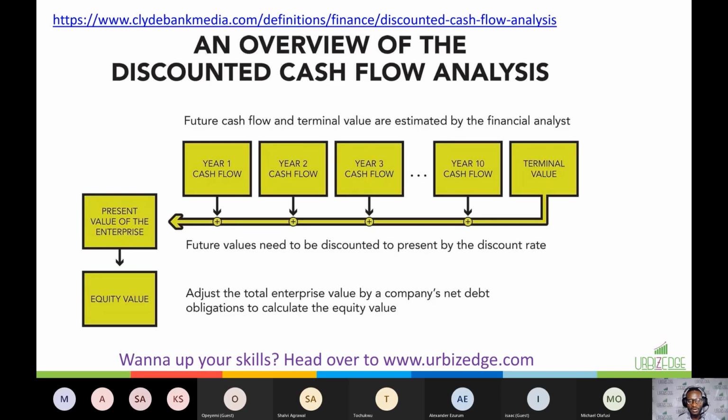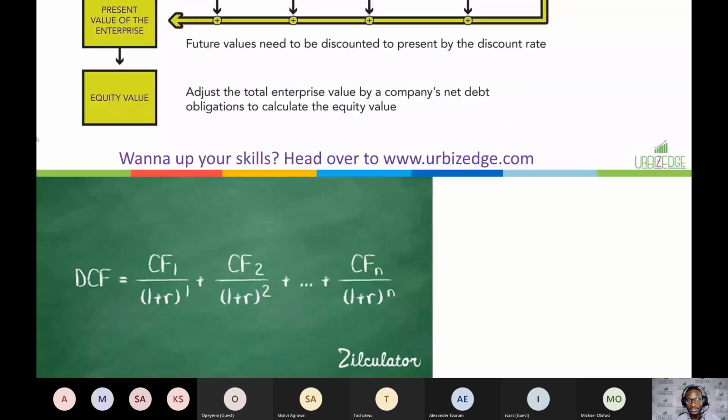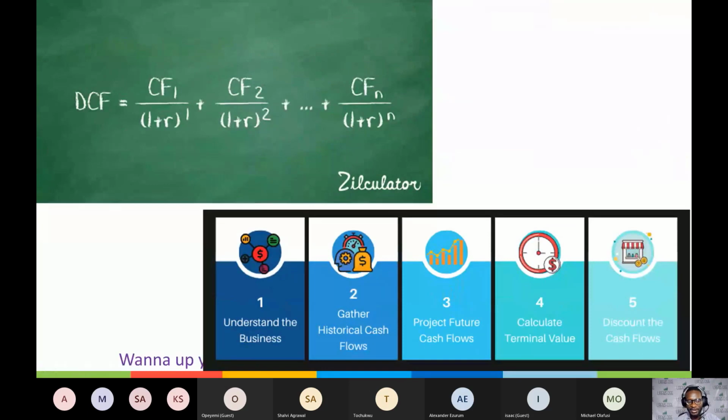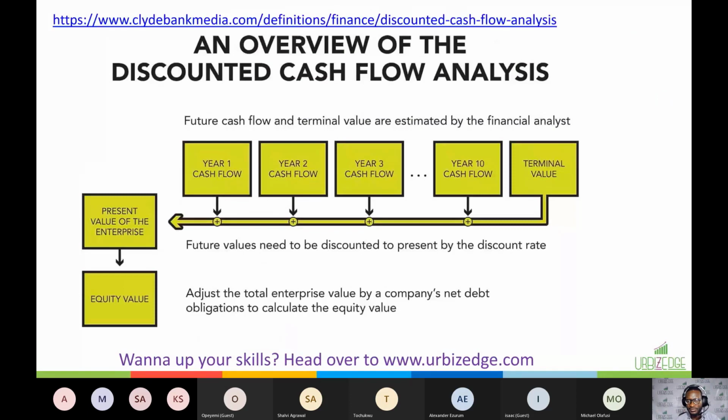So I'm going to take us through all of this. So you begin to see how you already apply this in your normal dealings that involve money, and then how you can begin to be much more methodological about it, doing it the right way, because most of us use approximations. So I'm going to move on to the next slide. I just want you to understand. I'll try and share this slide with us so that it becomes easy for you to have some of these concepts in mind, because this here encapsulates how you're going to apply it in financial modeling.